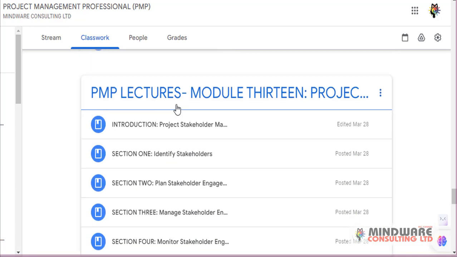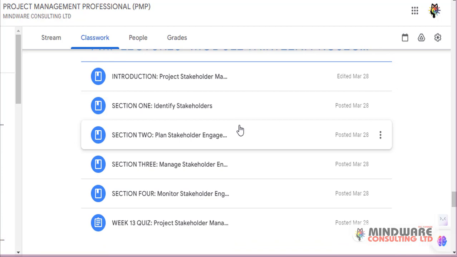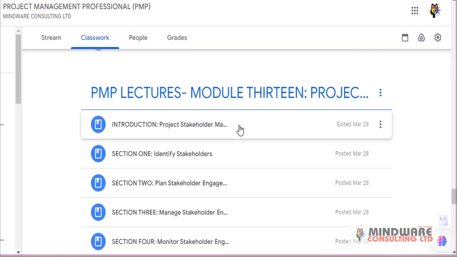All right, so then you move to module 13, which is the project stakeholders management. This is where we discuss how you manage the stakeholders. Stakeholders are people who are involved in the project one way or the other, and who have influence over the project, the process of the project, the outcome of the project, the deliverables. So one way or the other, they have influence and they have interest as well. So if you don't manage them properly, then they are going to adversely affect how